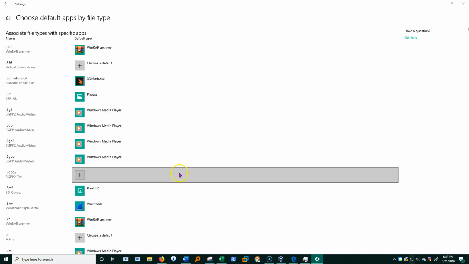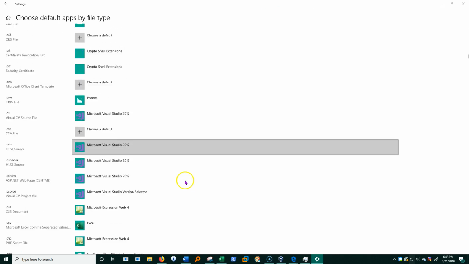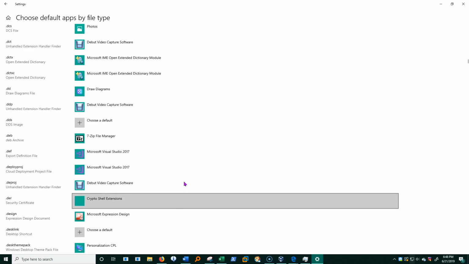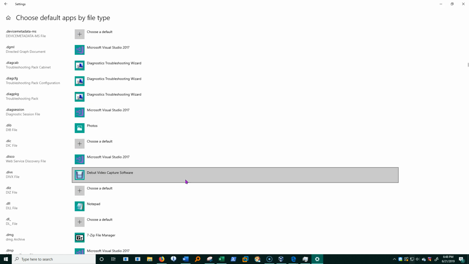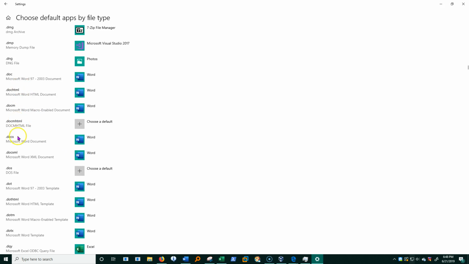And I'm going to pause for a moment while this thing populates. Alright, it has populated now. Let's go on down to the DOC, which is one of the early forms of Word document file types. Here's DOCX, that one will do. So I'll click this, and you'll see again I've got Word, File Viewer Lite, or look in Microsoft Store. Well, what if I had another program and it just didn't show up here? I don't really have an option.